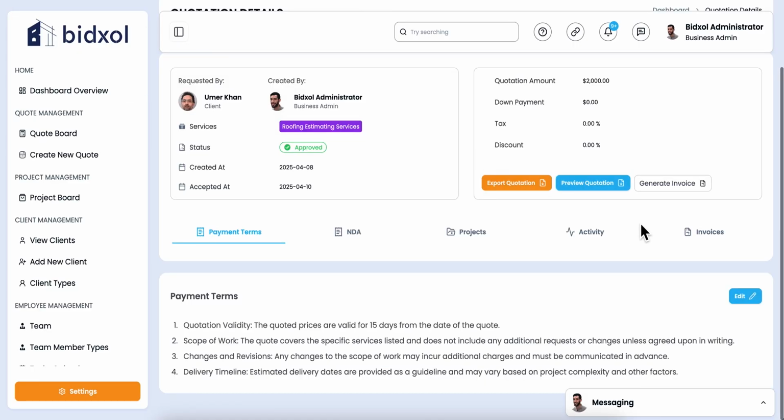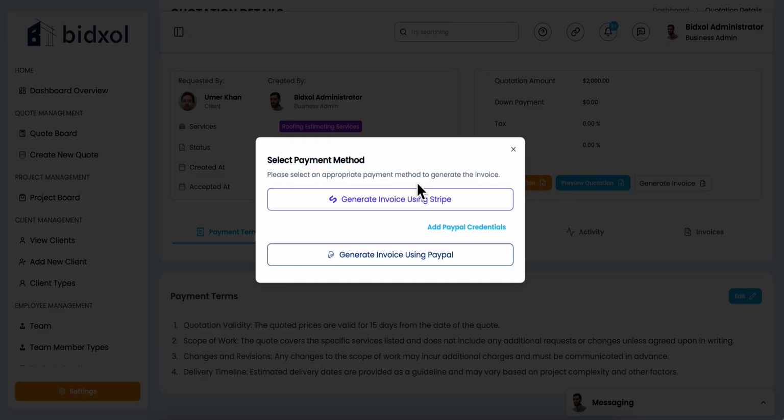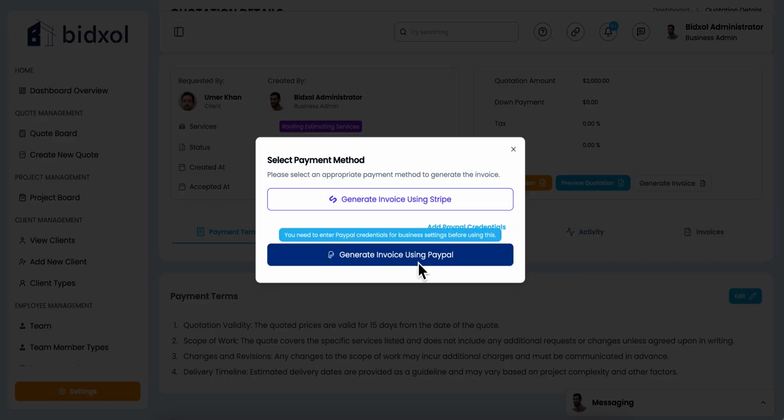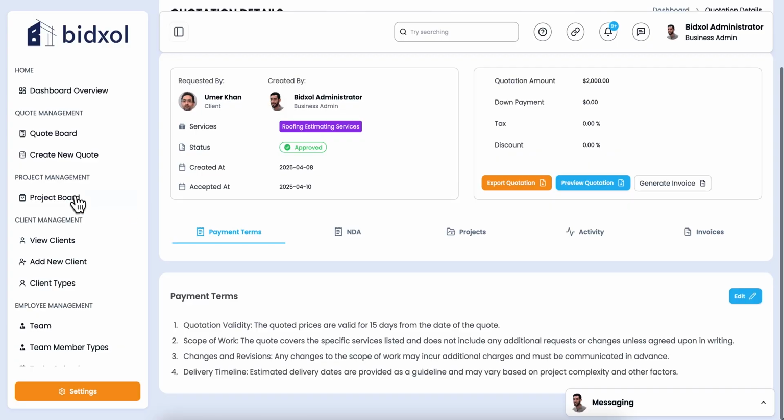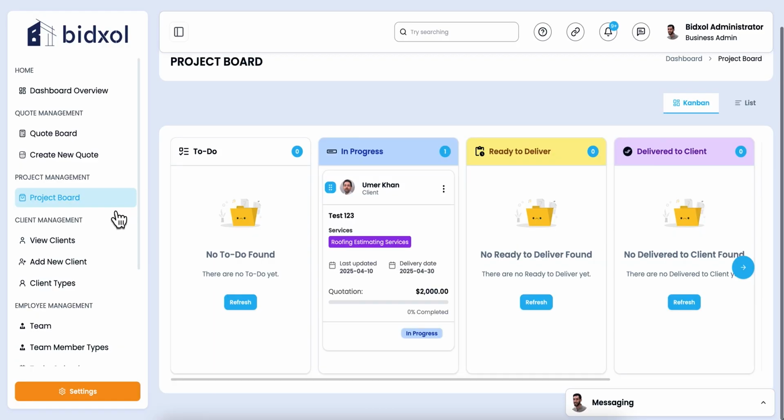Okay, now it's time to go ahead and generate an invoice to get payment to push this project to the project board. So here you'll come over here and you'll either be able to have the payment go through Stripe or PayPal, and we will be adding many forms of payments as we go along. But if you're using Stripe, for example, once you click on this, it's going to generate the payment automatically for you. So once the payment is generated and the client makes the payment, it automatically moves it over here to